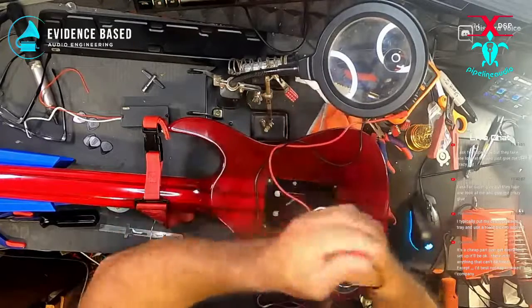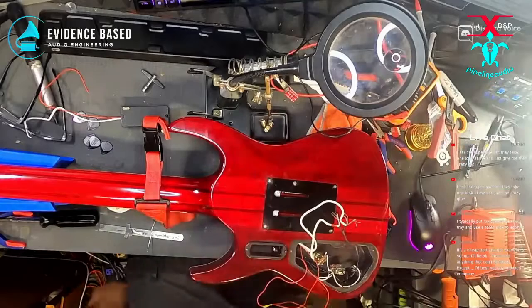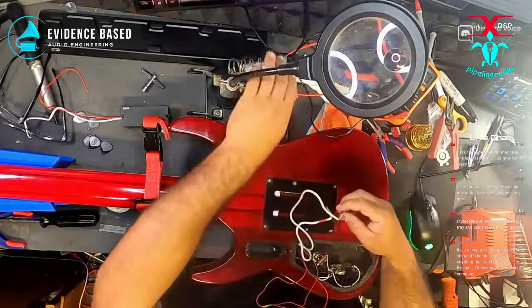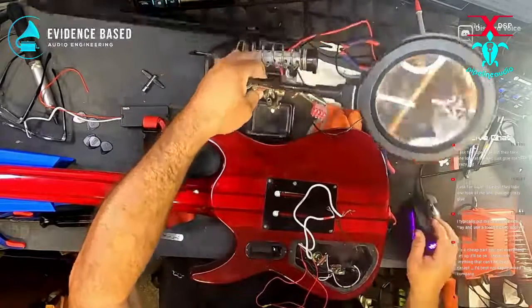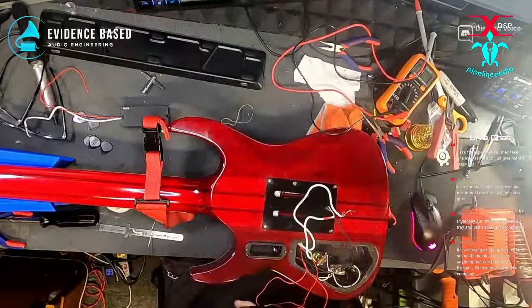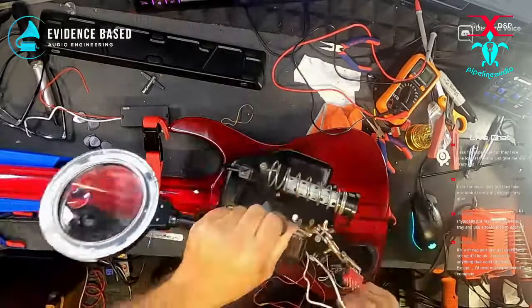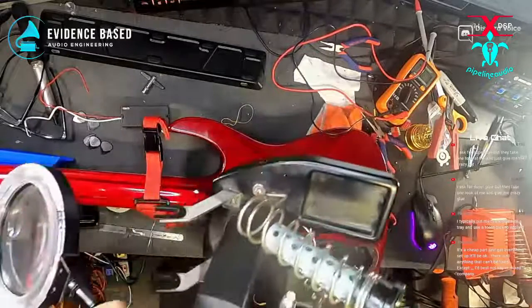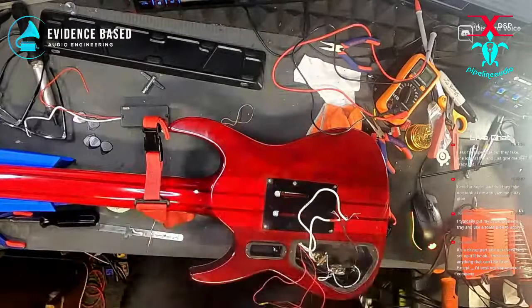Okay. So I know what these center ones are. Okay, pole, good, perfect. So that means nothing. Let me just see if anything's touching. Giant pain in the butt unless I can get this little holder thing. Okay, so when I switch it, it should be these now. I think I can put it on the guitar. Okay, so I know what these are now. Okay, good, perfect. So that means